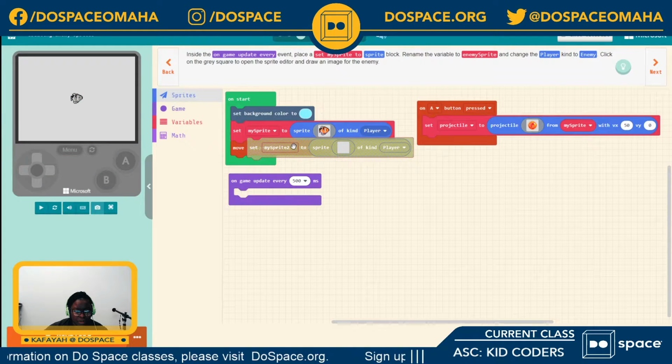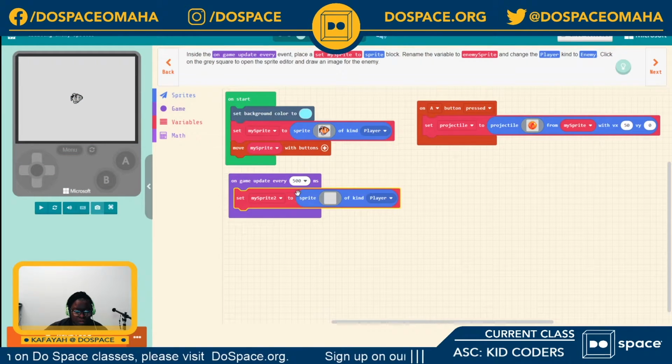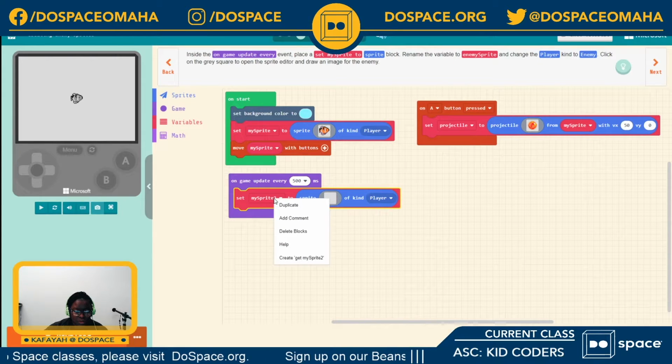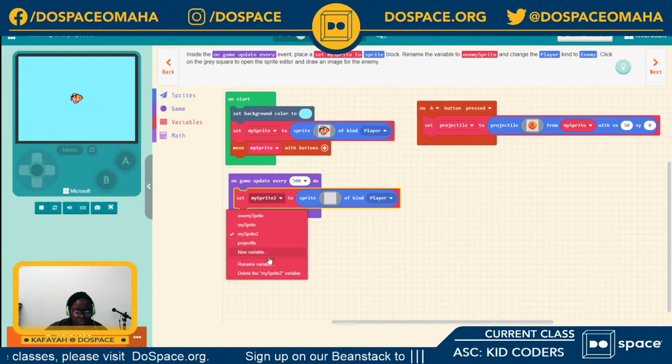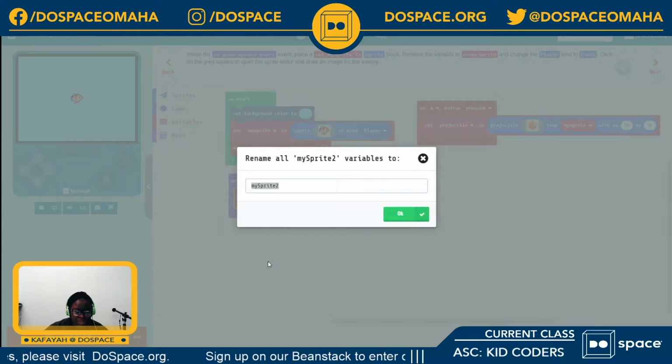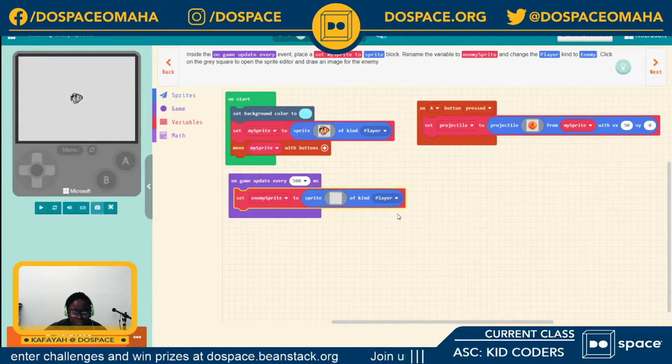So here we have, awesome. And now I get to rename this variable to enemy sprite, which might not work because I already have something else with that name. So I'm guessing.